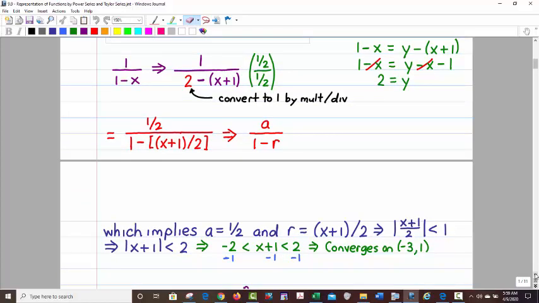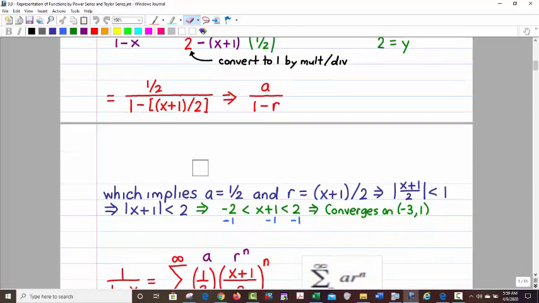All right, so let's see what we have here. So that's what I just said, and that's written out. Now, to get the interval of convergence, being a geometric series, whatever that ratio is, the absolute value has to be less than 1. So the absolute value of (x plus 1) divided by 2 must be less than 1, which you can bring the 2 out of there. That's correct to do with absolute values. So you have the absolute value of x plus 1 is less than 2, which then converts to